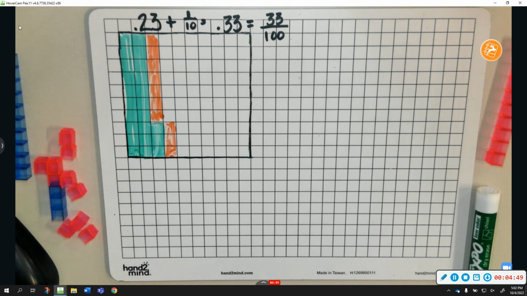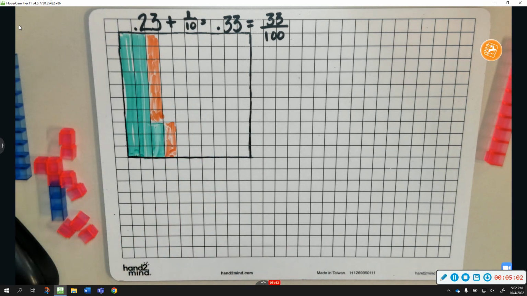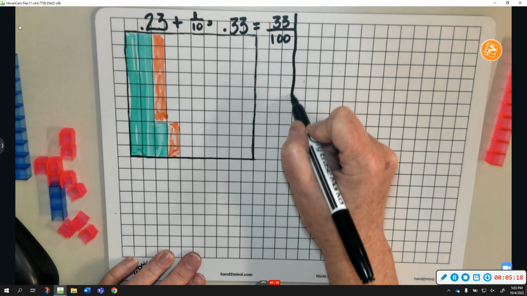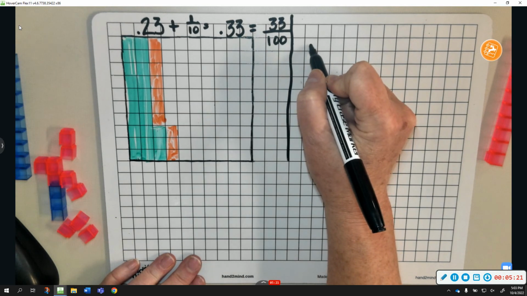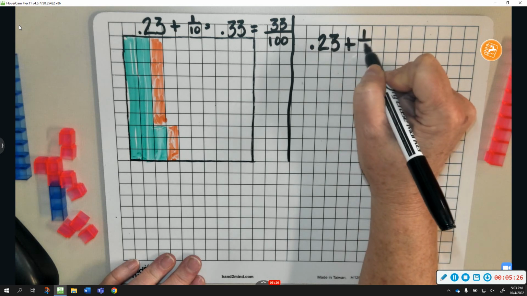Now, if we were going to represent this with the standard algorithm, where we were only showing numbers and symbols, it would look a little bit different. First, we would need to convert our decimals to fractions, or alternatively, our fractions into decimals. So first, why don't we go ahead and turn our fraction into decimals. So we go ahead and block this off right here. All right, so I'm going to rewrite this: 23 hundredths plus 1/10,